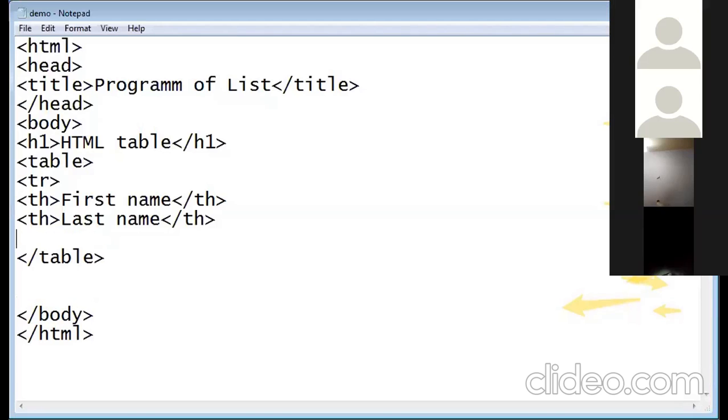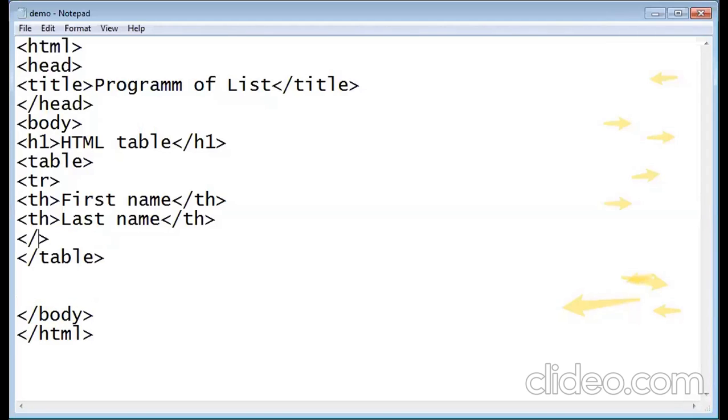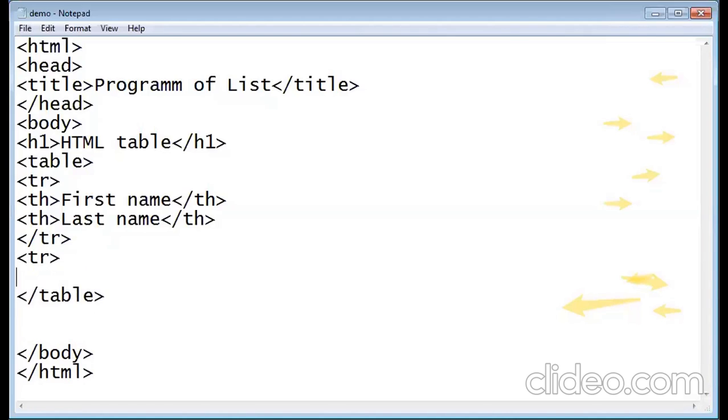Now the heading part is over. If I want to enter the data, then again I have to add a second row. For adding the data, I will use the td tag. First name, I will enter Gunjan.